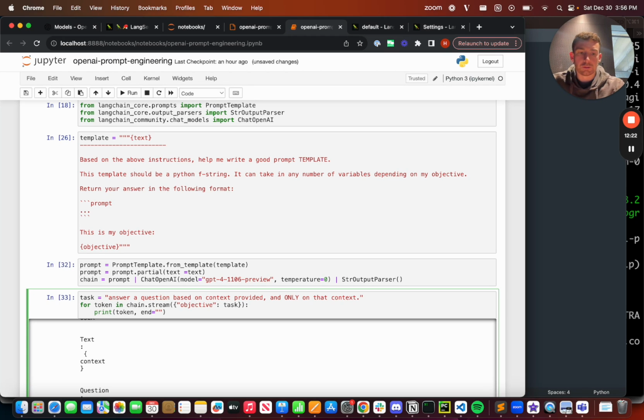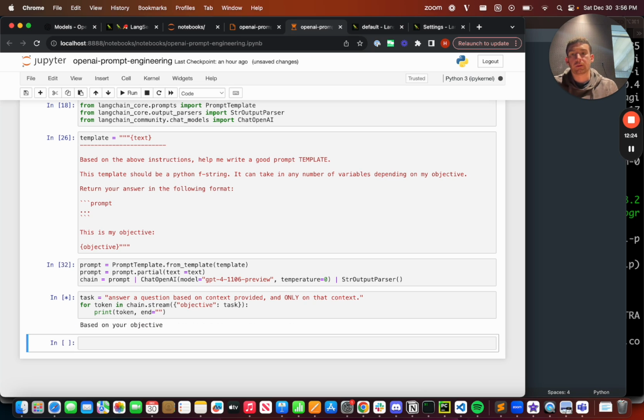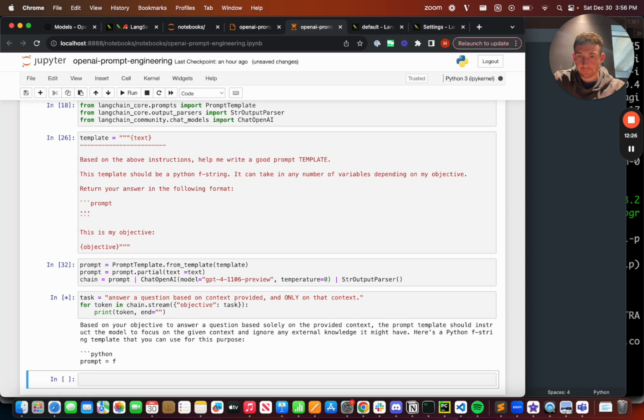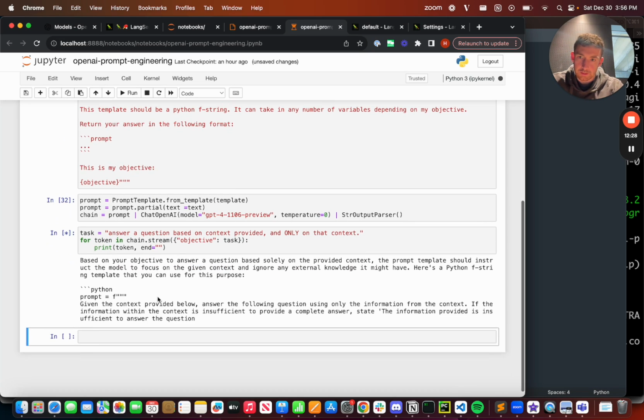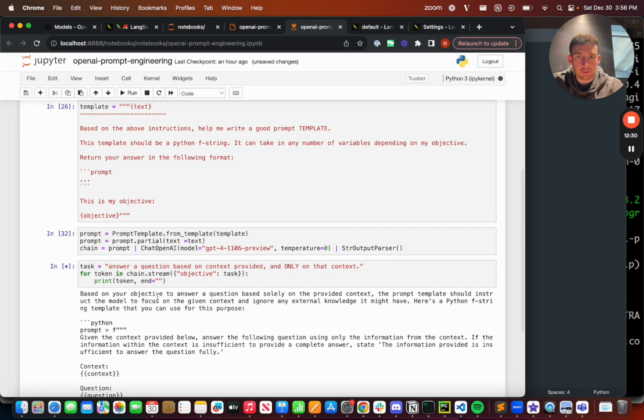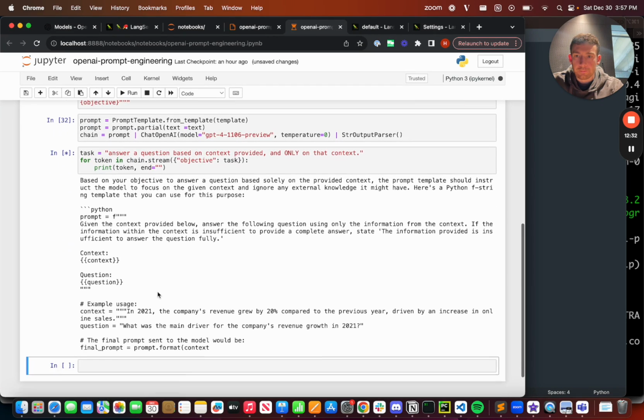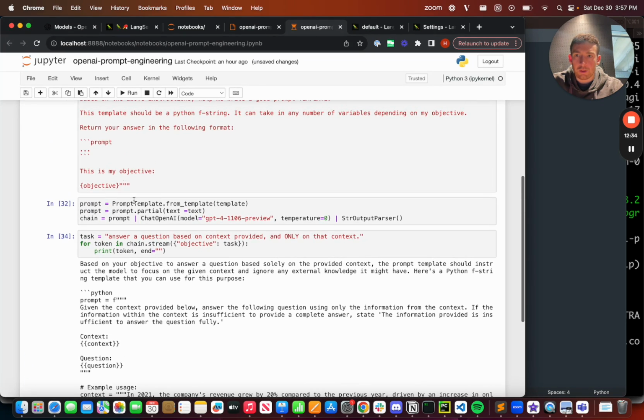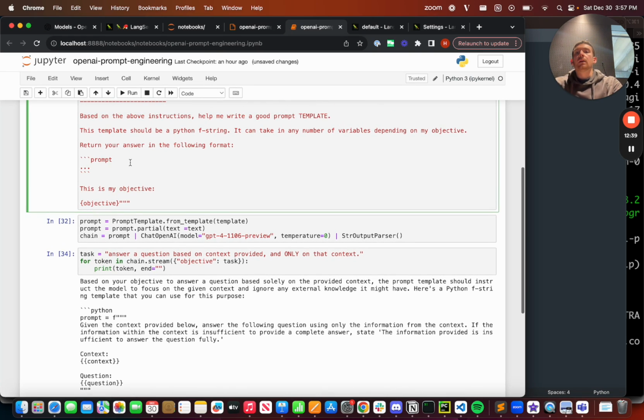All right, so there we go. It's not exactly what I really want. I really want just one. I really just want this thing. Template should be a Python